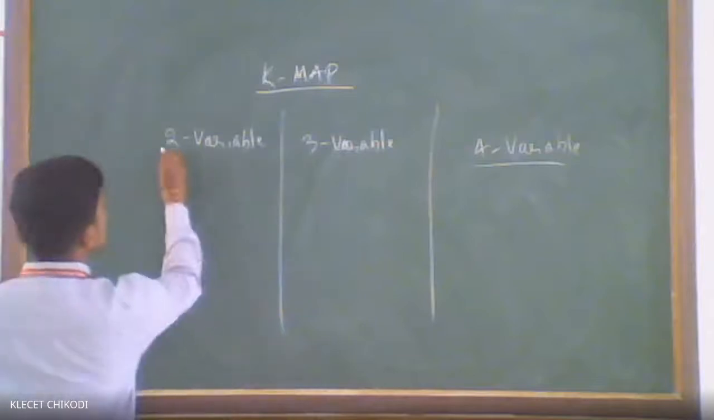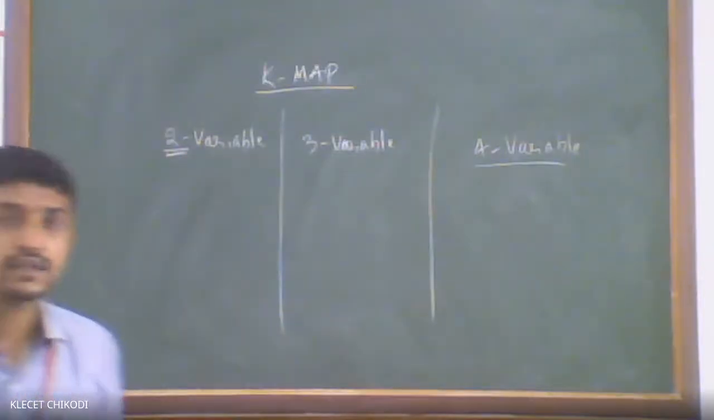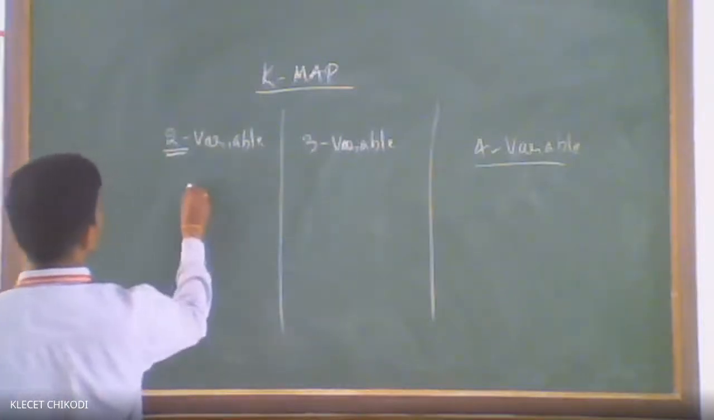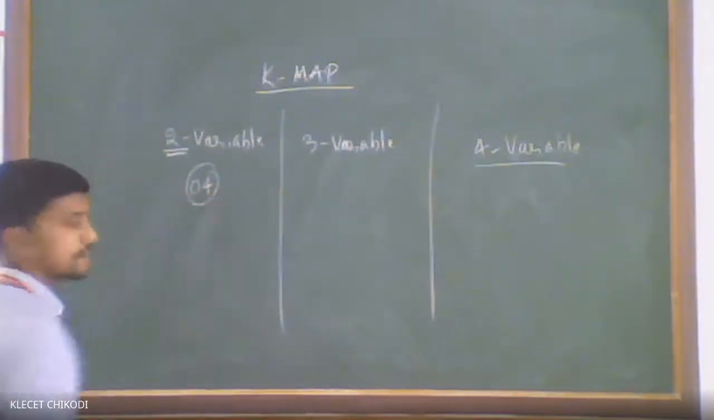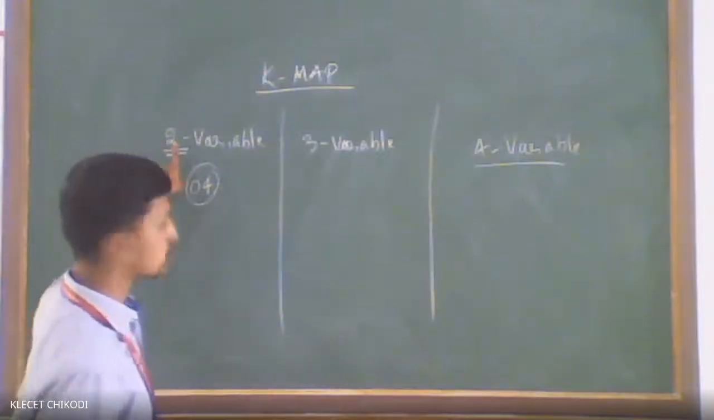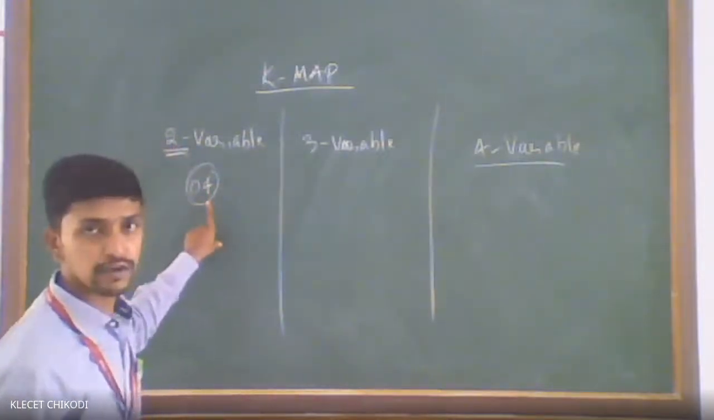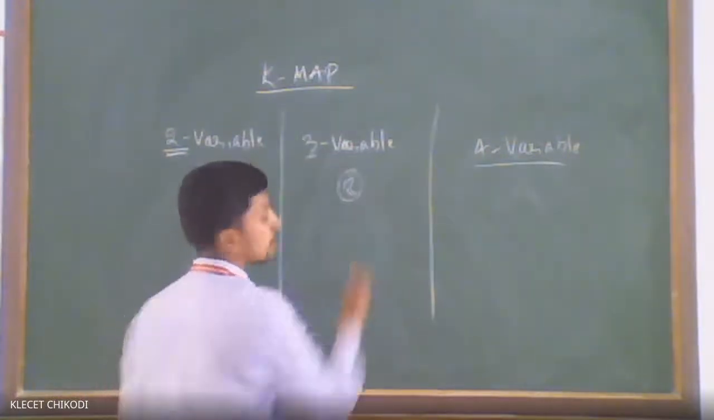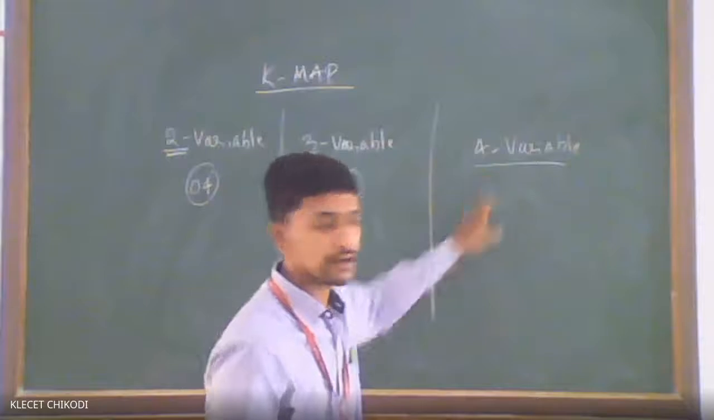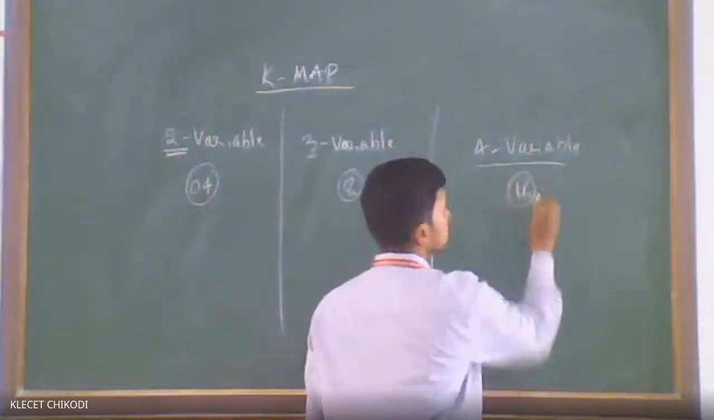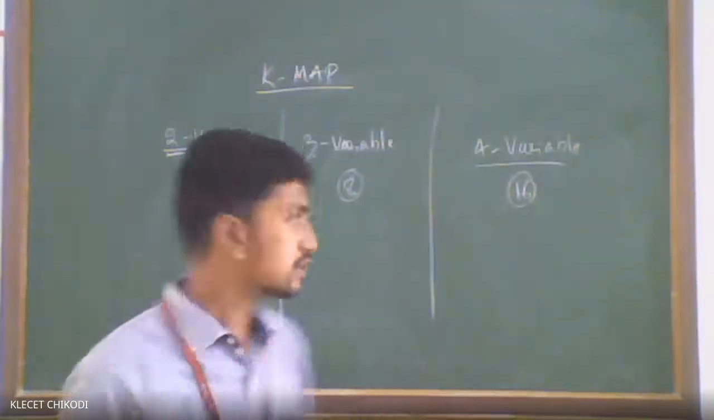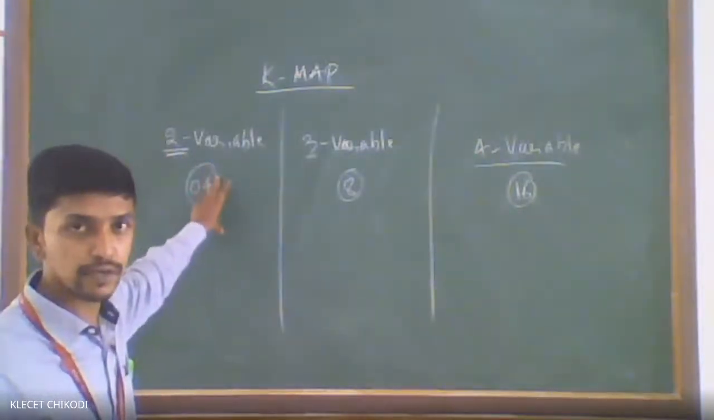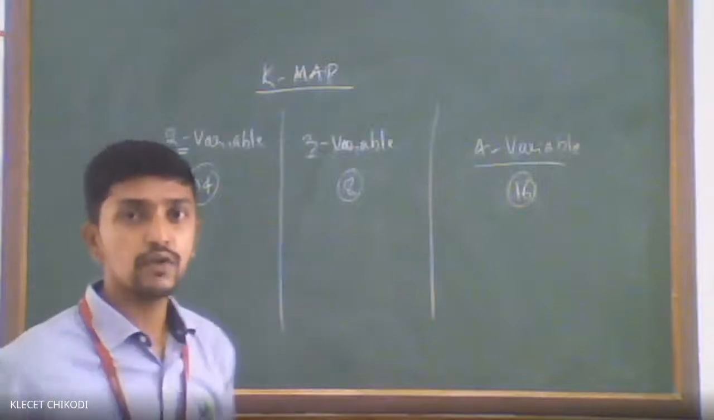Now depending on the number of variables, the K-map cells differ. So for 2 variable we have total 4 K-map cells because 2 to the power 2. So that will be 4 K-map cells. Similarly for 3 variable it will be 8 K-map cells, and for 4 variable it will be 16 K-map cells. Okay, once you remember the number of K-map cells for each variable, after that we are going to see the